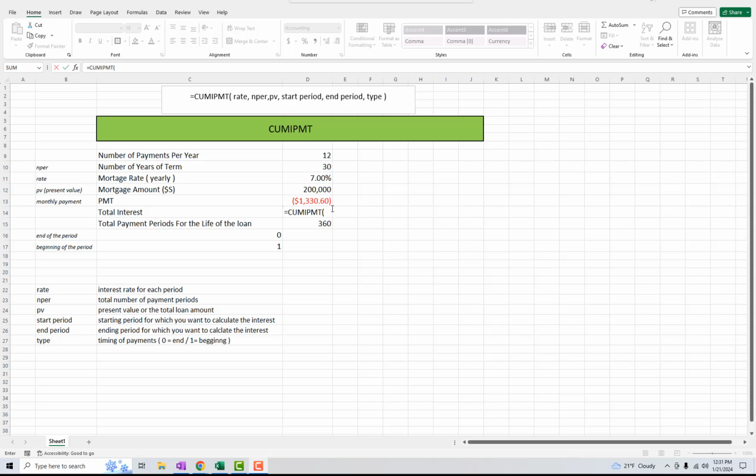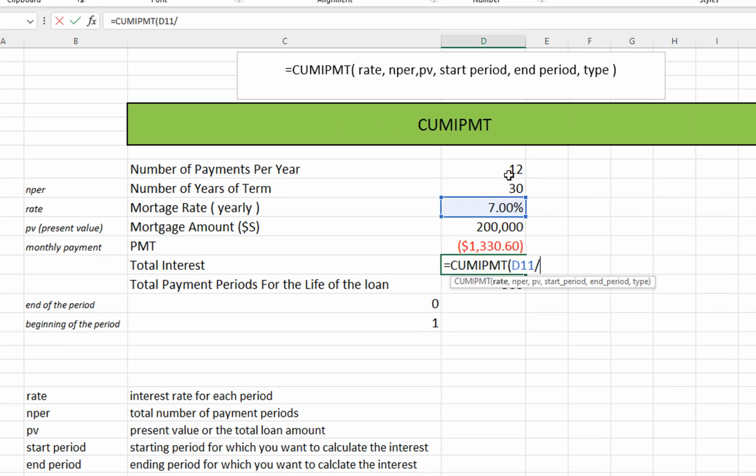So let's put all this together and see what the cumulative interest would actually be for our specified period. So first, what we want to do is grab the rate divided by the number of payments per year, comma, the nper, which would be the number of payment periods. So we would do 30 times 12, comma, the present value, which is the loan amount. Starting period would be 1 in this case, which would be the first payment, and then comma 12 if we wanted to see how much the cumulative interest would be for the first year, or 360